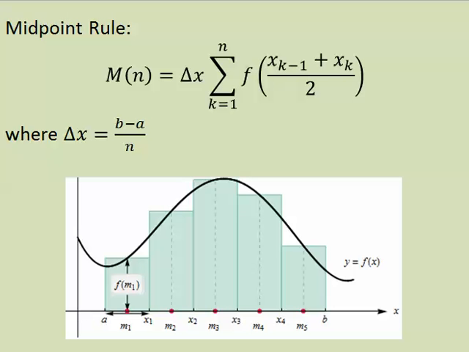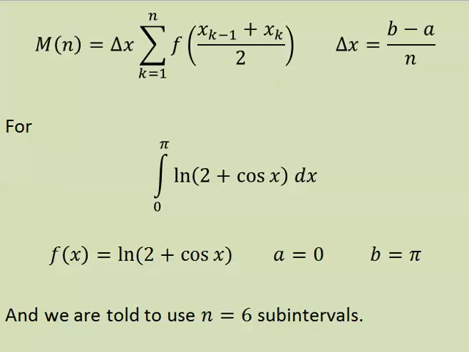The midpoint rule for n equals 6 would divide the interval up into 6 pieces, and for each interval it would take the width of that interval and multiply it times the height of the function at the midpoint of the interval. Our function is ln of 2 plus cosine x, and we're trying to approximate it from 0 to pi with n equals 6